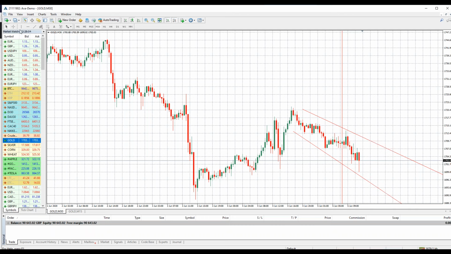Okay, so if you're waiting, if you believe gold should still drop, if that's what you believe, then maybe you put a pending order up at a resistance level up here, right? Resistance, resistance, resistance. If it bounces back up to that resistance level right here, maybe that's your spot to sell.